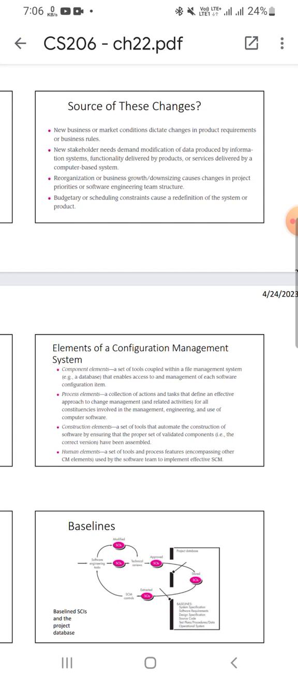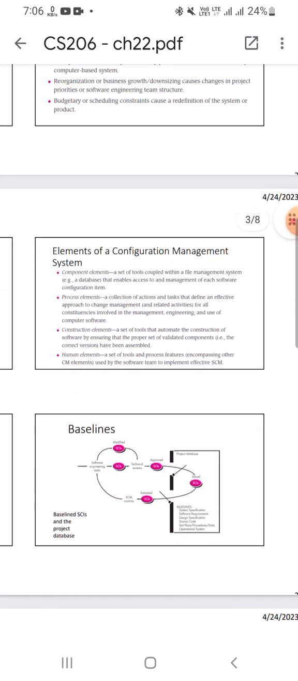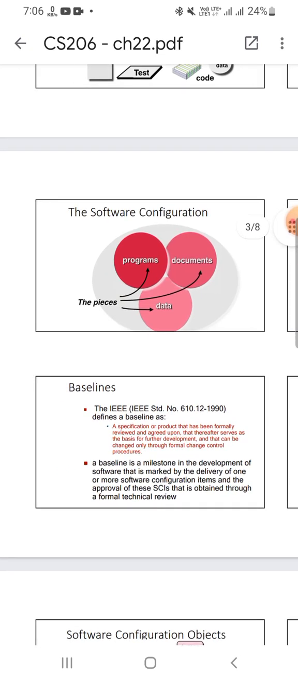Construction elements: a set of tools that automate the construction of software by ensuring that the proper set of validated components, that is the correct version, have been assembled. Human elements: a set of tools and process features encompassing other CM elements used by the software team to implement effective SCM. Baselines: the IEEE standard